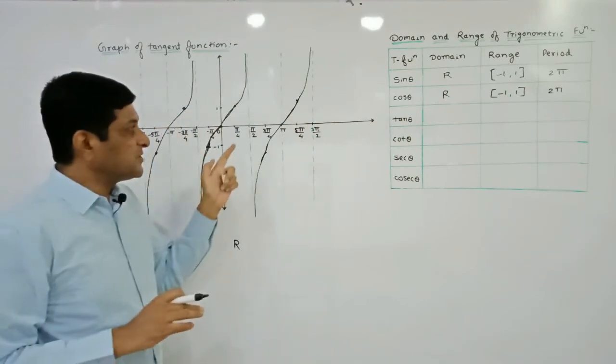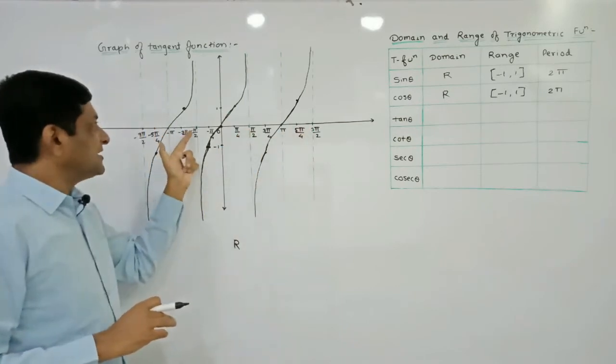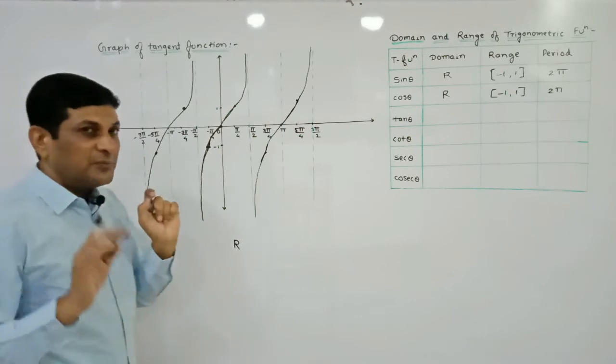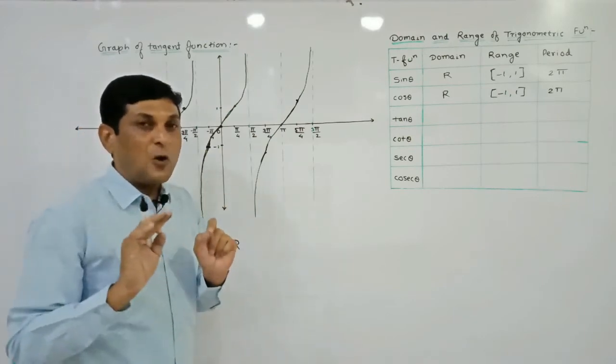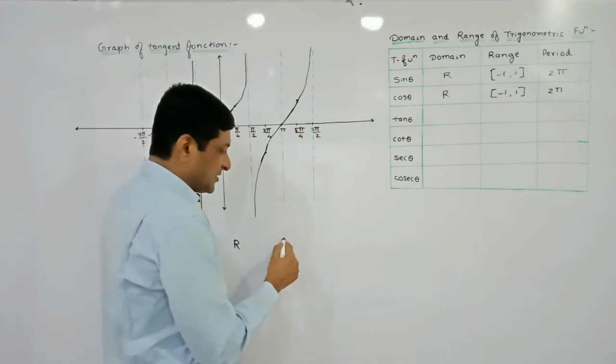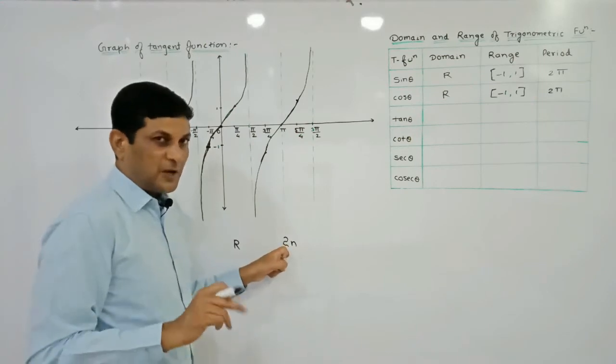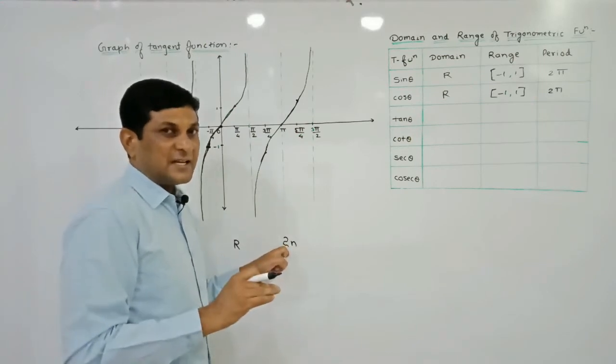Now if you observe here, the coefficient of pi by 2 is 1, here 3, here -1, here -3. So the coefficients of pi by 2 are odd numbers. Odd numbers are denoted by, first let us check, even numbers are denoted by 2n. Whatever the number is, if it is a multiple of 2, at that time we can say that it is